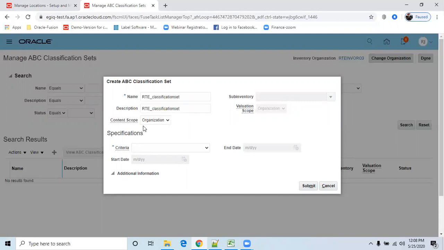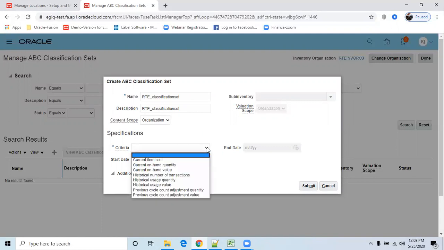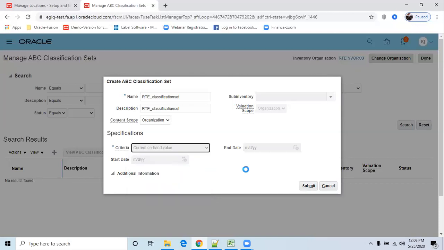Content scope I'm putting as organization. So criteria, this is very important. Your classification set is based on what criteria? We are considering cost, quantity, value, whichever option you want to select. So I'm selecting current on hand quantity value and then click on submit.